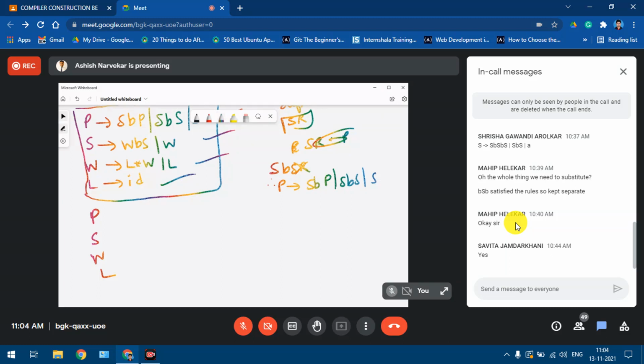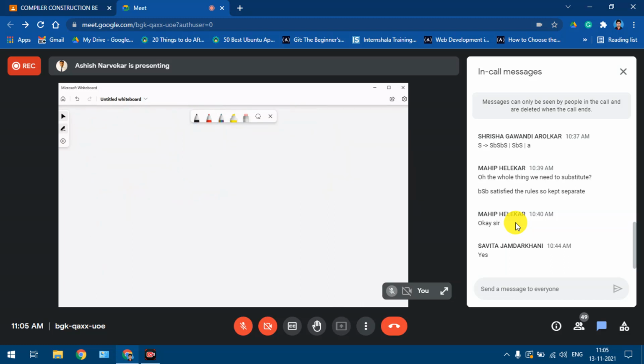So that was another example, and lastly we'll take one more example and check whether it is operator grammar or not, whether we can solve it or not. So please make a note. S gives L equal to R, or R. Star B.